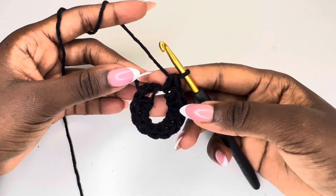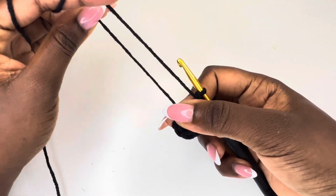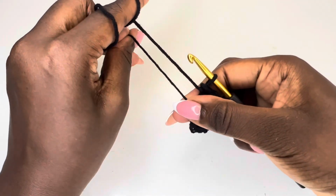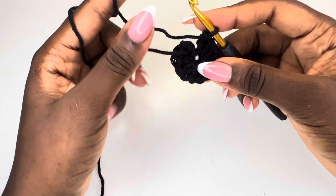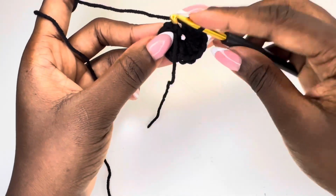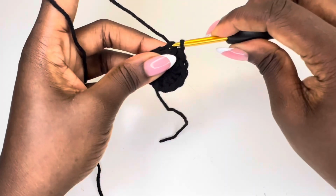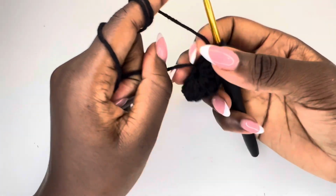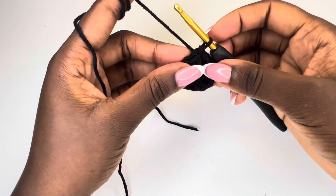I am done with my 12 double crochets, and this is how my work looks. Kindly go ahead and pull this yarn so that you close the magic ring like this. Pull it again for it to close, then go on top of the chain 4. Remember when we started we did chain 4, so go on the 4th chain and join your work using a slip stitch like this. Make sure your work is closed like this. Then chain 1,